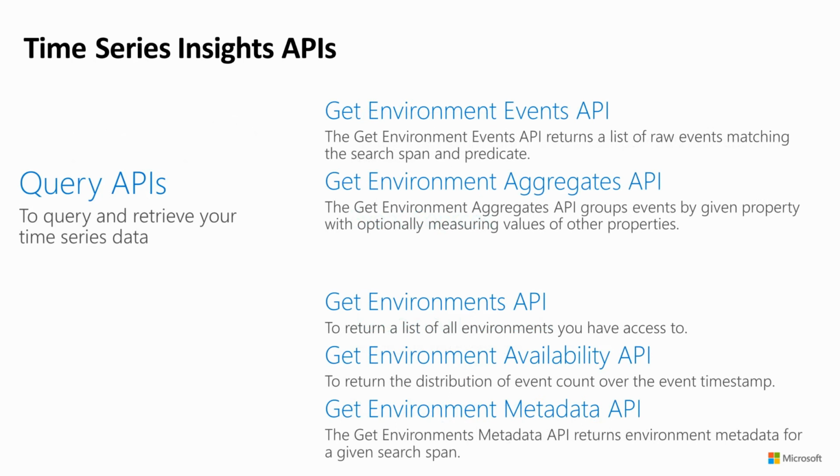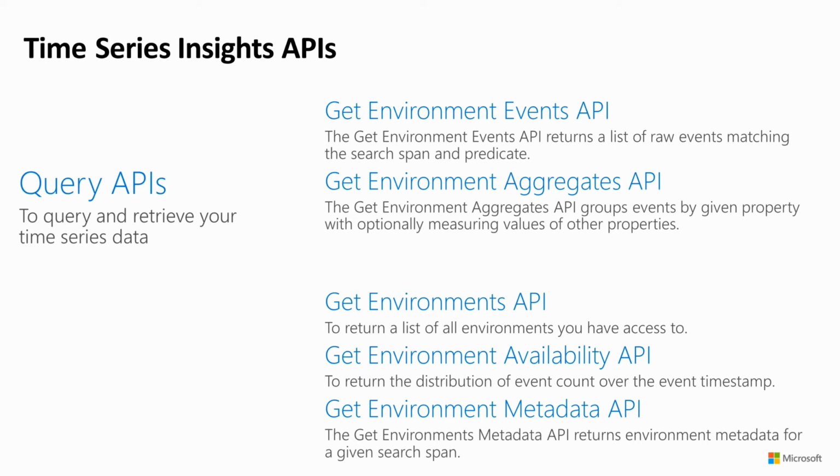Now with query APIs, I'm going to put these in two primary buckets. The top two are really the ones that call data. The other ones tell you information about the environment itself. So the Get Environment Events API, or /events, enables you to get a list of all the raw data associated with a search span and a predicate. Similarly, the Aggregates API, or /aggregates, enables you to go and query data given properties with optional measures associated with those properties. Now, Get Environments, Get Environment Availability, and Get Environment Metadata tell you things about those environments, understanding which environments you have access to,